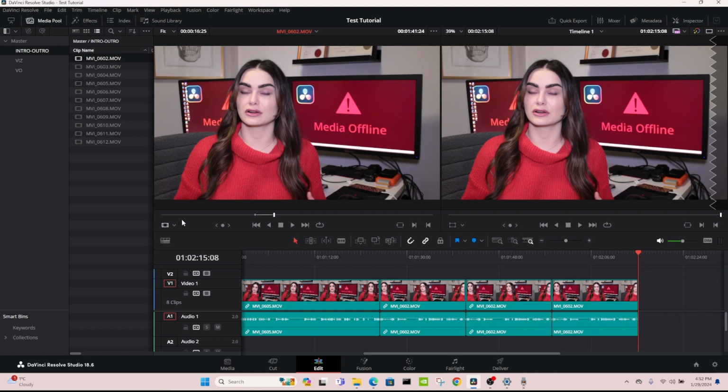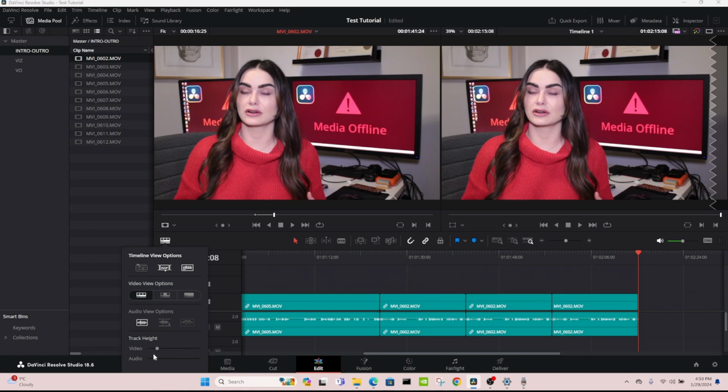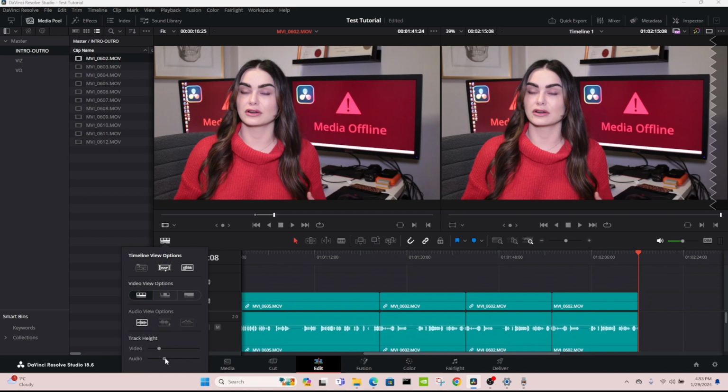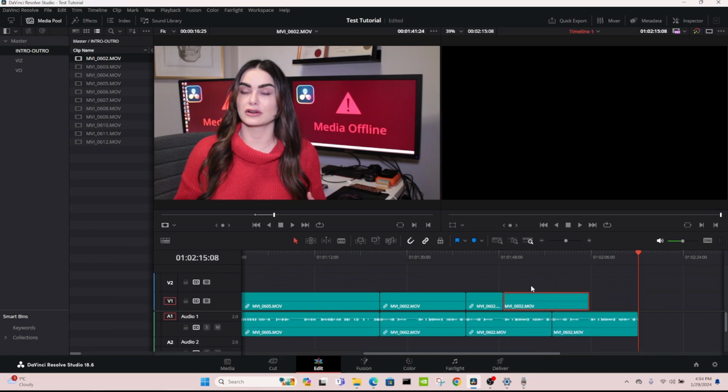If you click on the timeline settings button here, you can also change the views of your timeline, but I like film strip view. Audio waveforms are actually quite important because you can see if you A, have them, or B, don't. You can change your video height this way or your audio height this way. This is snapping, and snapping will just click directly to your clip that you want to go towards.